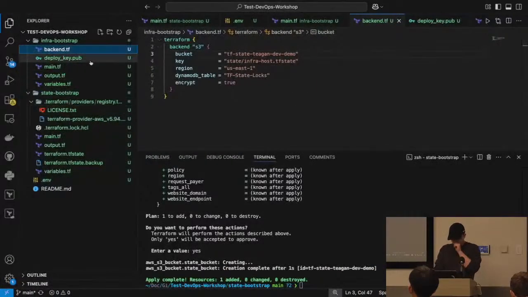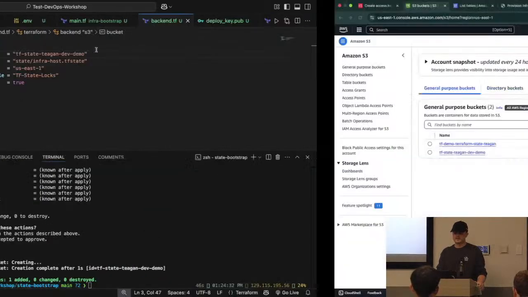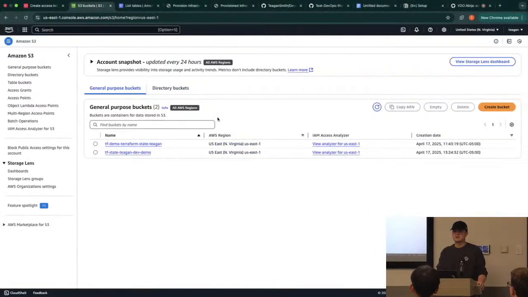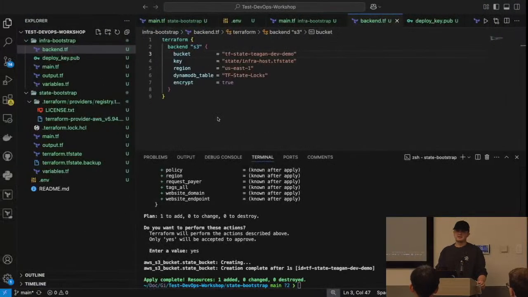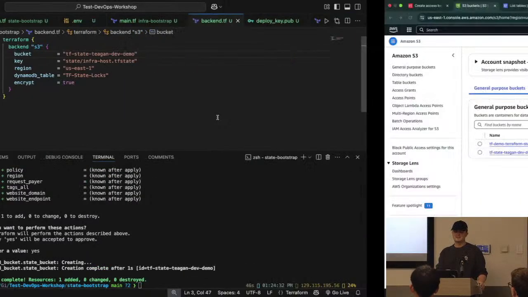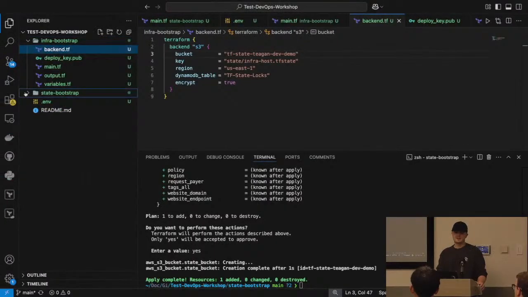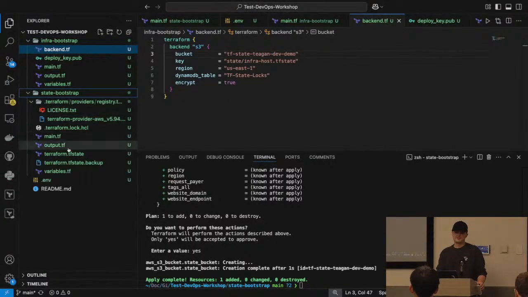So maybe we are going to cross-reference these two Terraform states. Yes. We're uploading all of our state to AWS, that way, if any one of you wanted to update the infrastructure that I create, you can update it from your computers because all the Terraform information is in AWS. If you wanted to change the stuff that's in our state bootstrap file, you can't do that, because all of our Terraform is inside that folder, because nothing's been created yet.